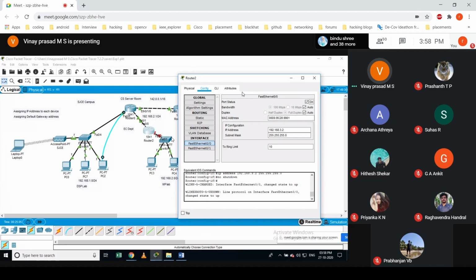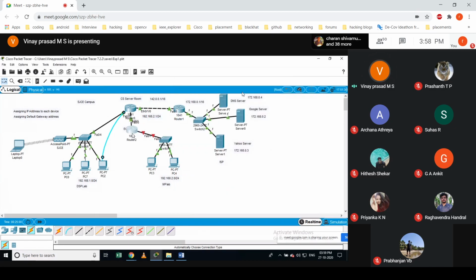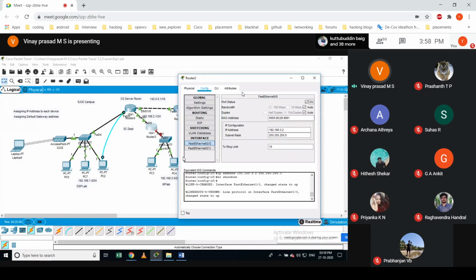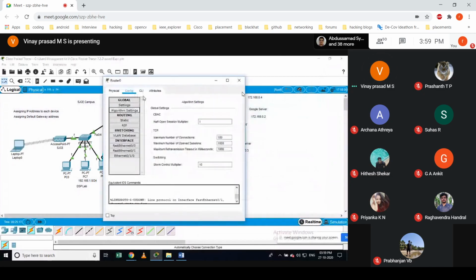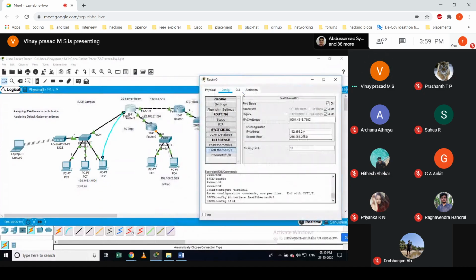Then here it is slash 0/1, which is 192.168.1.2.1, and then I'll click here and change the IP address to 3.1. So nothing else I changed.